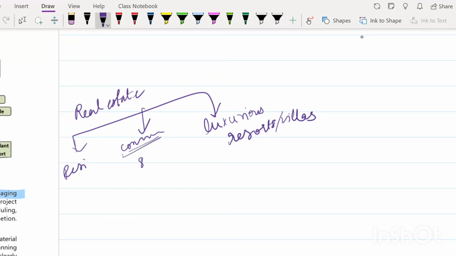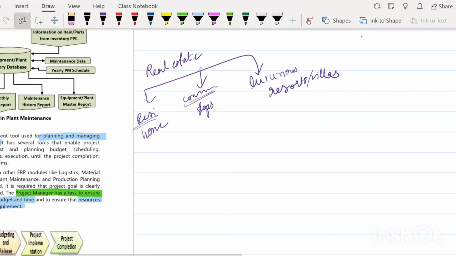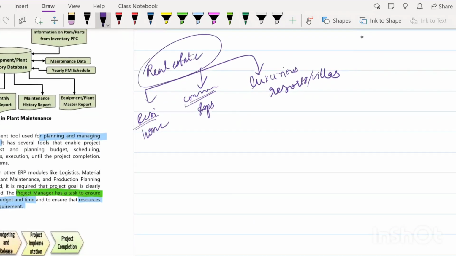This is commercial, like your shops, and residential, which is nothing but your home. Okay, so if these are the 3 categories they are dealing in, what will happen is the people who construct these